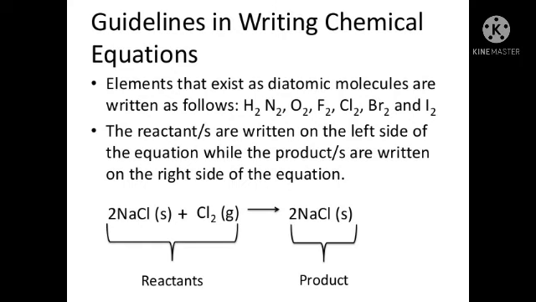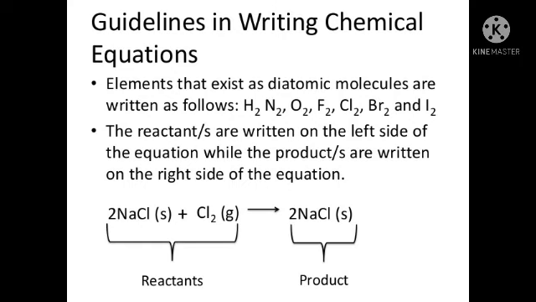of the equation. Here is one chemical equation: 2 sodium chloride in brackets (s), s means solid, plus Cl2 chlorine in brackets (g), that is the physical state of the chlorine, gives rise to 2 sodium chloride. After that, the product is 2 moles of sodium chloride, that is the solid state in the chemical equation.